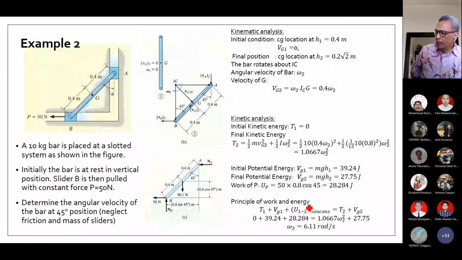So the principle of work energy is stated T1 plus Vg1 plus work done by the non-conservative force. So the non-conservative force is only P here, equals to T2 plus Vg2. So just use those values to obtain the same results as what we have seen in the example 1. So I think this is how we formulate the work and energy equation